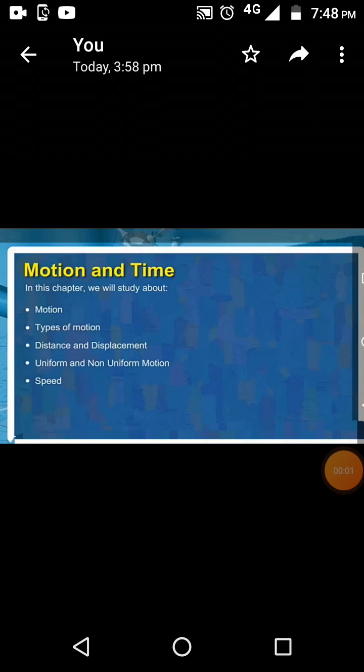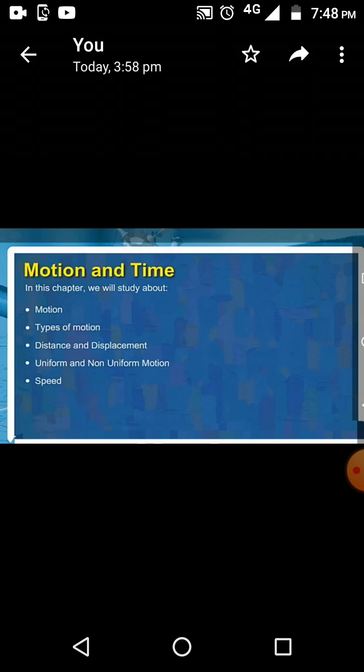Hello students, today we will read Science chapter 13 Motion and Time, Gati evam Samay. Okay, listen carefully. In this chapter, we will study about motion, types of motion, distance and displacement, uniform and